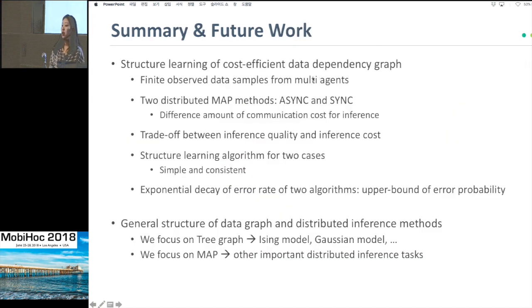In summary, in this paper, we studied the structural learning of the cost-efficient data dependency by considering two different distributed MAP methods. And we see the trade-off between the inference quality and inference cost for both cases. And we also propose two different structural learning algorithms and characterize the exponential decay of the error rate. And as future work, because we focus on tree graph structure and the MAP inference task, we can extend these results to more general data graphs and general distributed